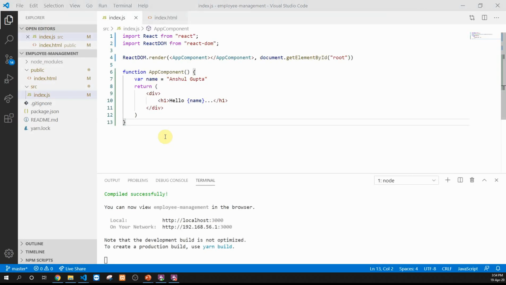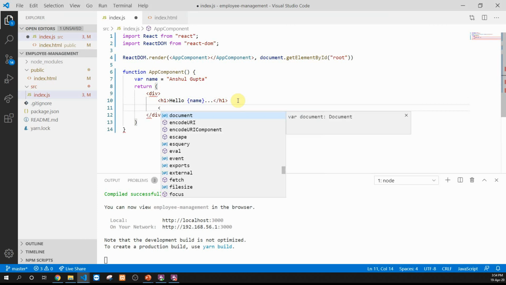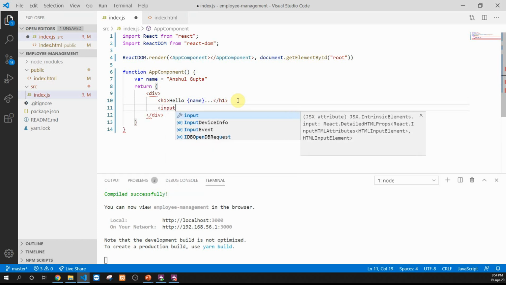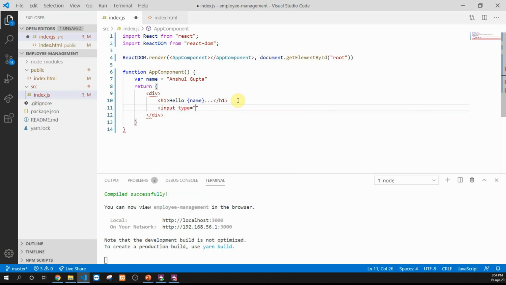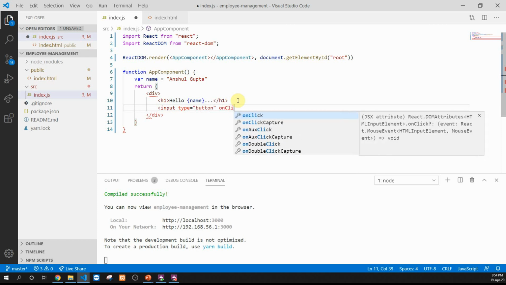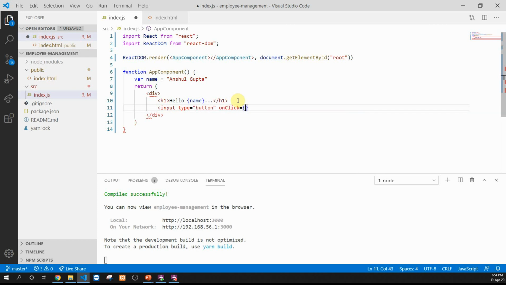Now for a certain reason I want to introduce a button. So I'll put a button over here by saying input type equal to button, and then on the click of this button I want certain functionality. What is that functionality? I want to update the name from Anshul to Mayank Gupta.